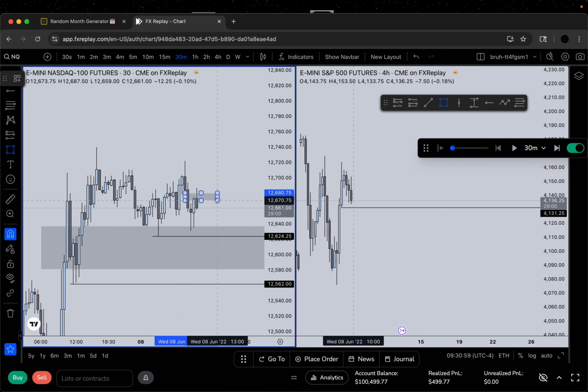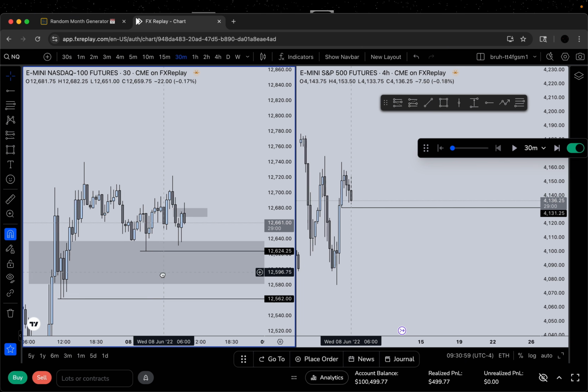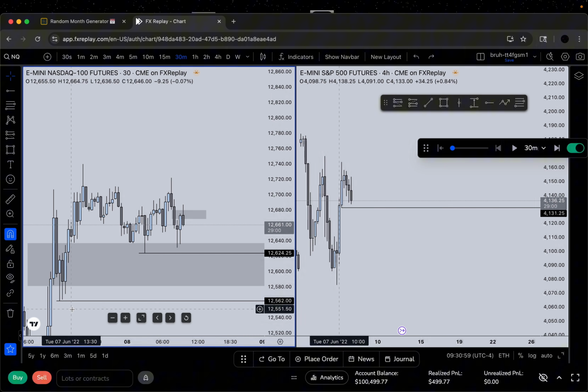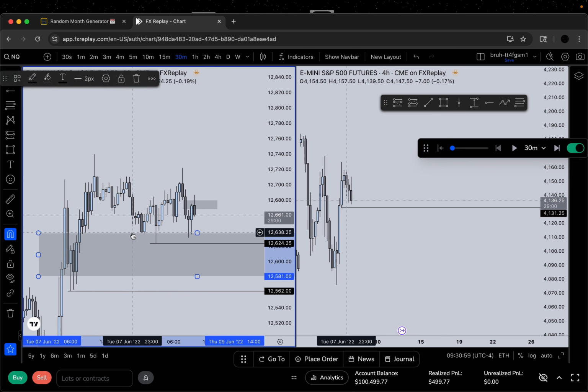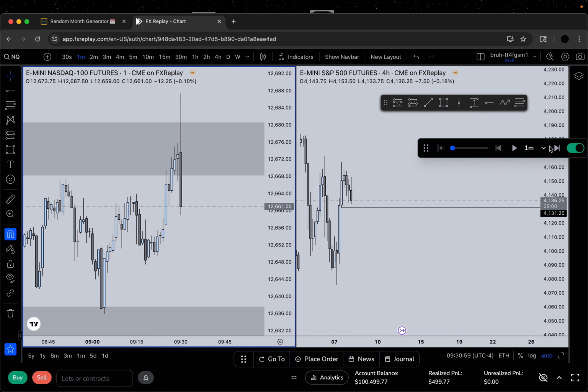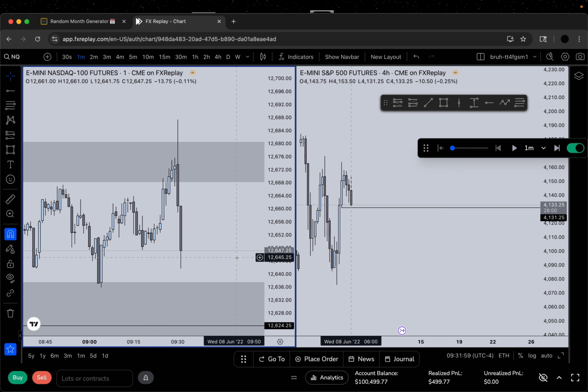I'd prefer taking a short setup here because I know that we got to take this out, but I don't know if we're going to be bullish here, because we hit this gap and we might target these lows and I just don't get along. But yeah, we'll see. Okay, all right. Well, I'm just not going to get an entry.